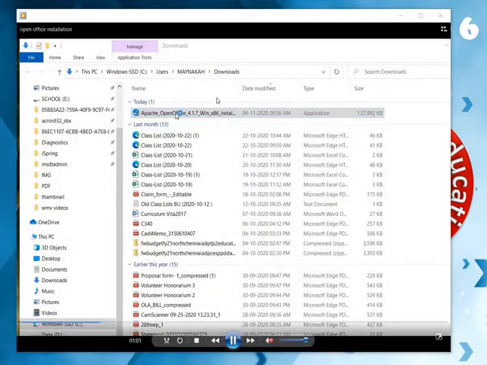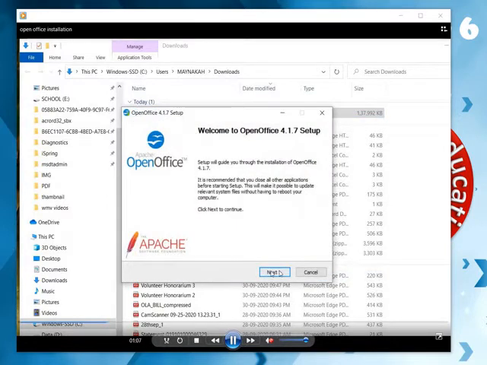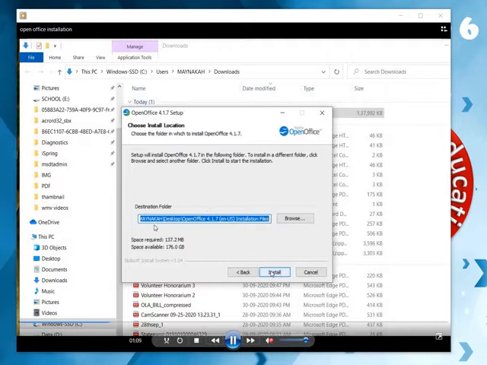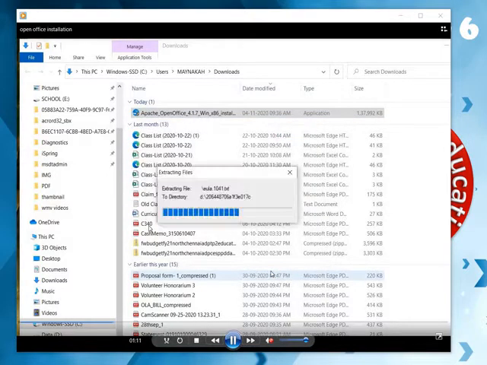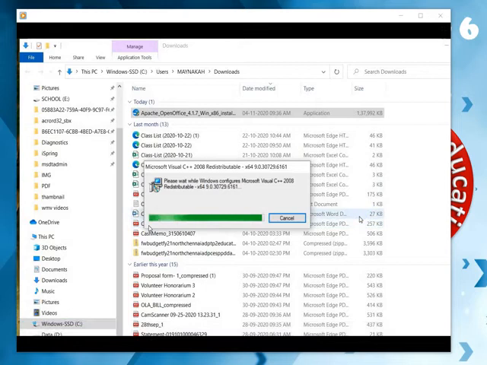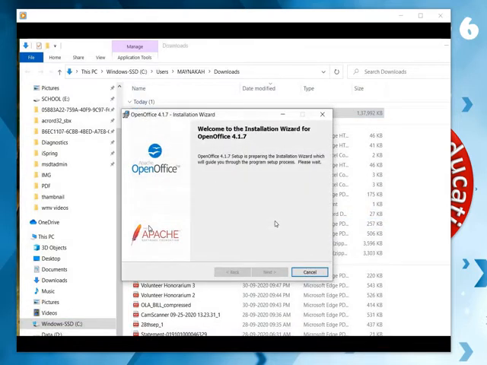Then I'm going to the folder where it is downloaded. Double click. The installation will start. So select next. Then you have to select the location where it has to be installed. Just a next button will take you to next steps.